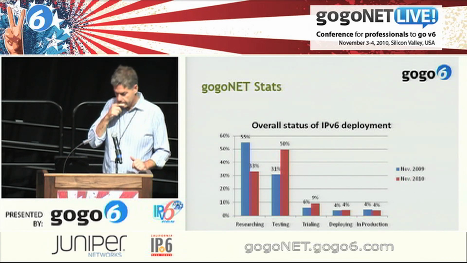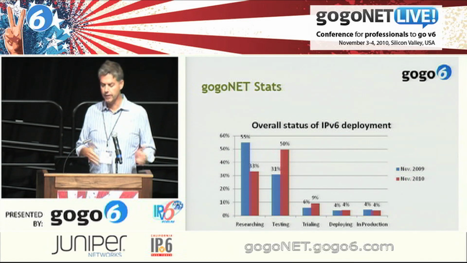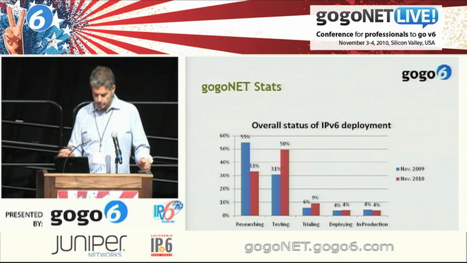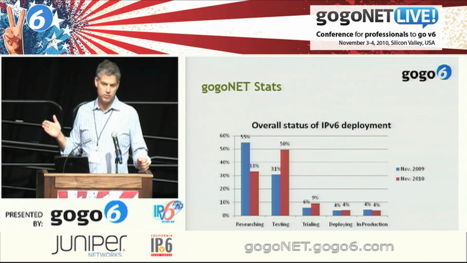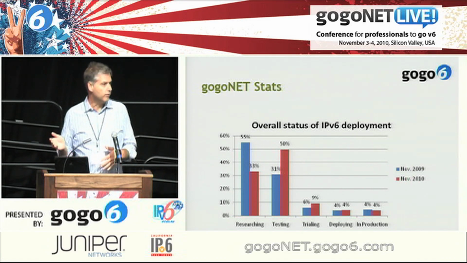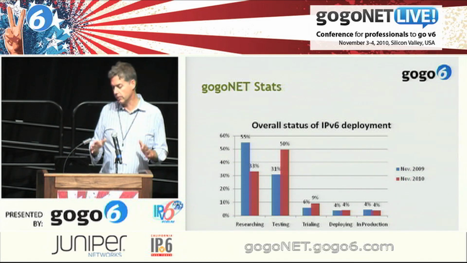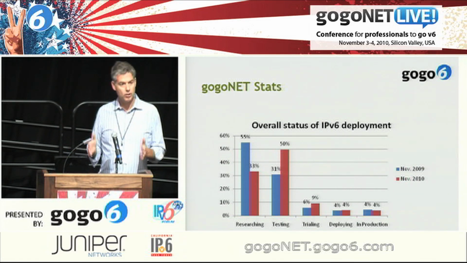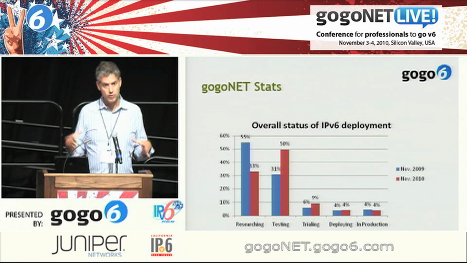This, I think, is also a very interesting slide, and this compares again from 1 year ago to today. This is generally the classic model, at least the one that I've been using for years, and I think many people, of the different stages of adoption of IPv6. So you're just starting the research. You're looking for that information. You're joining different newsgroups. You're participating in different forums. Then you start testing. So now I've got stuff probably in my home network. Statistically speaking, I'm using it. I'm trying to get my head around it.